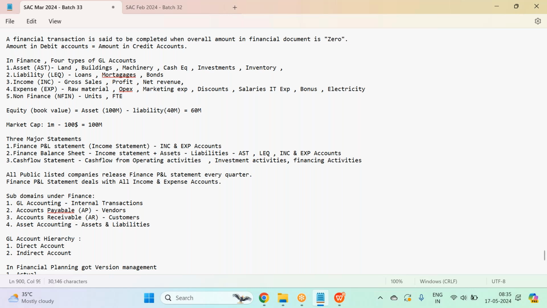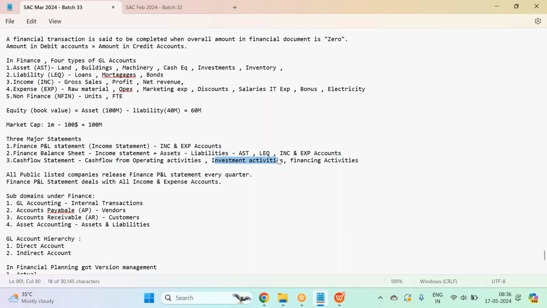Once your product is sold, it will be reflected as a sale in the profit and loss statement. But in the cash flow statement, it will not be seen, because until you receive the cash, it will not show in the cash flow. The cash flow gives you how much we actually received and how much we actually spent in that current quarter. But in the P&L statement, once the sale is completed, it is reflected, but it will not be seen in cash flow till you receive the cash. Okay, what is your cash conversion cycle, how many days you're taking to receive the amounts, all that you see in cash flow from operations.